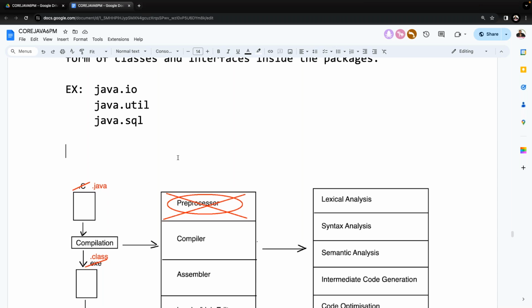Fine. In the case of C and C++, the library is available in the form of header files. To use that library in C and C++ programs, we have to include header files into the programs. To include header files in C and C++ programs,